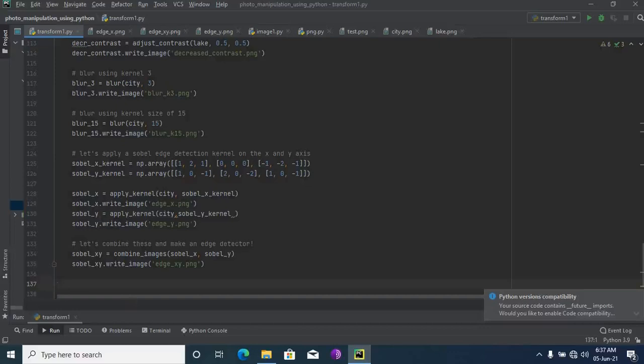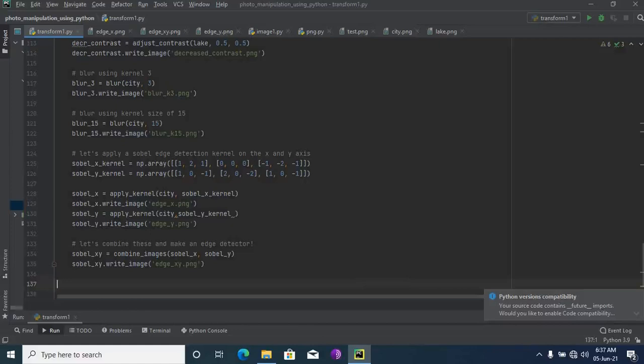Then here is a function to combine image 1 and image 2, both the x dimension and y dimension. I'm finding the edge intersection by calling the combine images function and saving the result as edge.png.